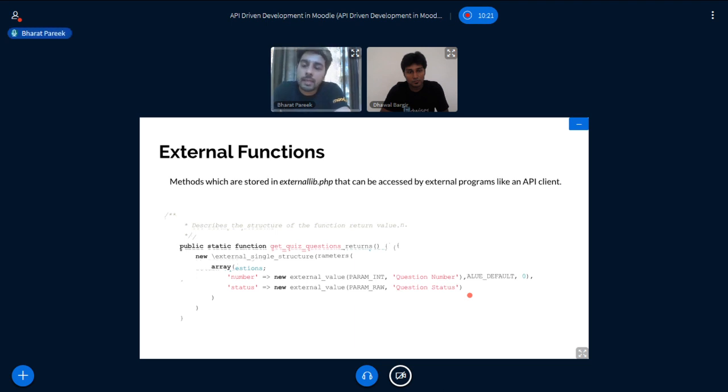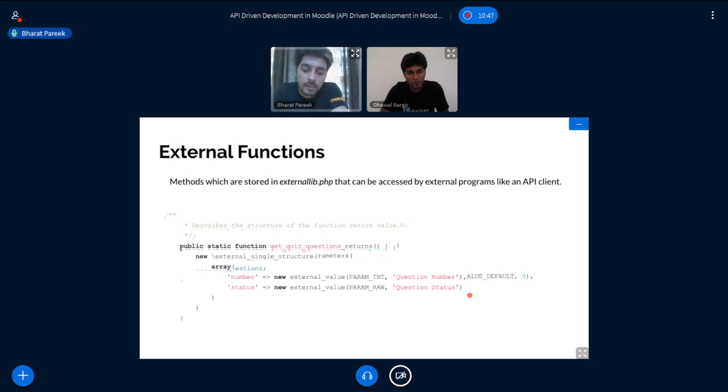The second part is where all the business logic resides. So in the second function, we write all the code for getting, in the case of quizzes, all the questions for the quizzes. Suppose we are writing an endpoint for logging in users. Then in that function, we will write code for the actual login.